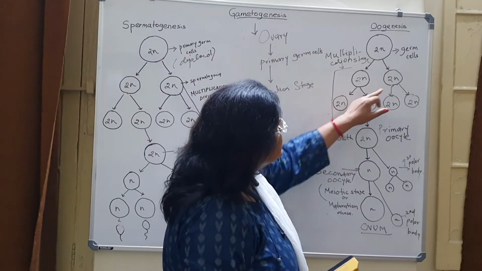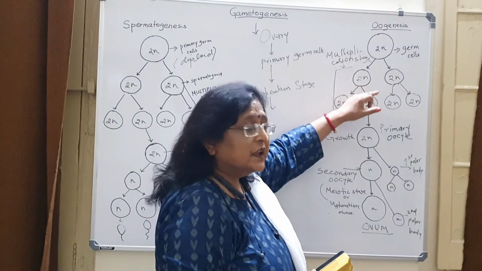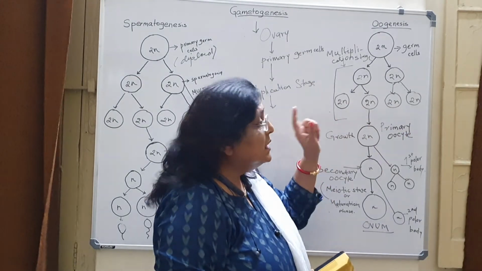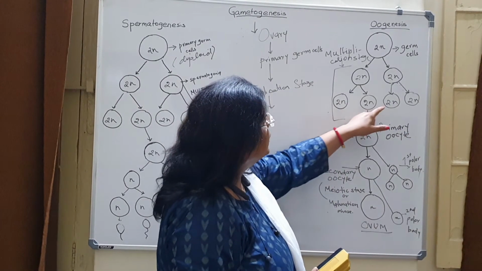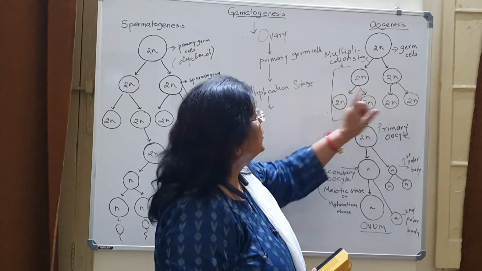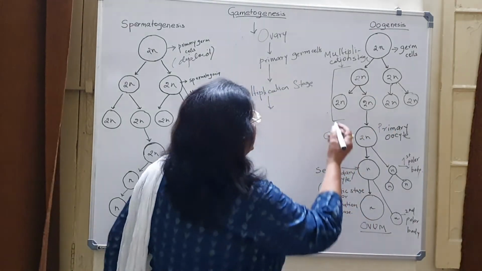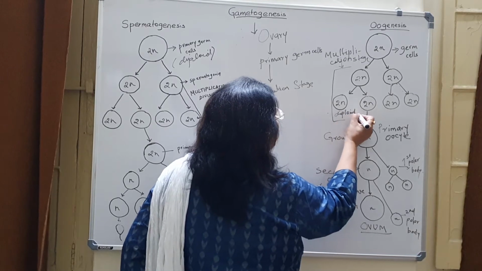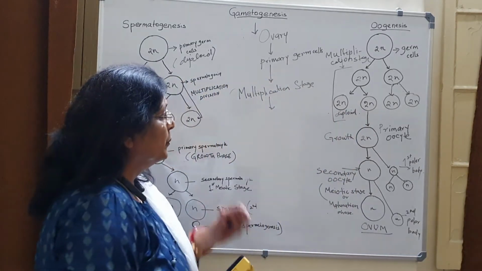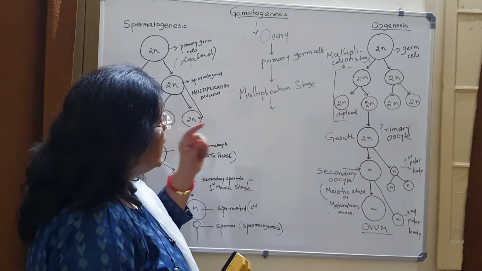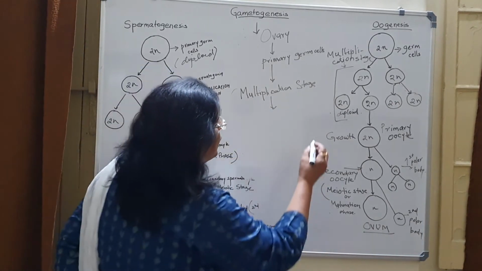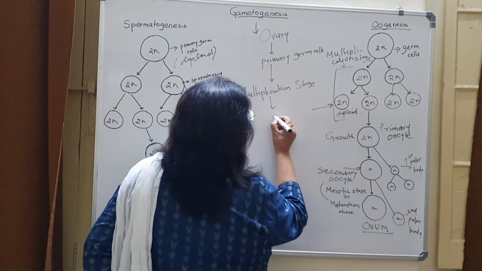Now these daughter cells again undergo the second mitotic division, producing 4 daughter cells, each having a diploid number of chromosomes. 2n is diploid. So it contains a diploid number of chromosomes. Now this will be known as oogonia. All the 4 cells are known as